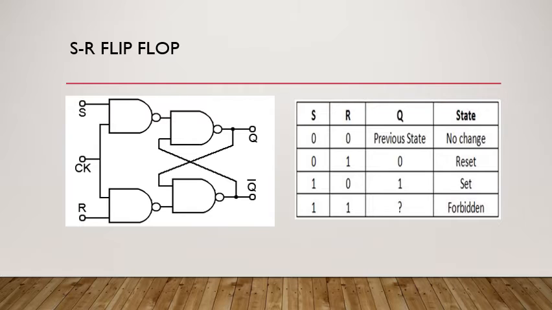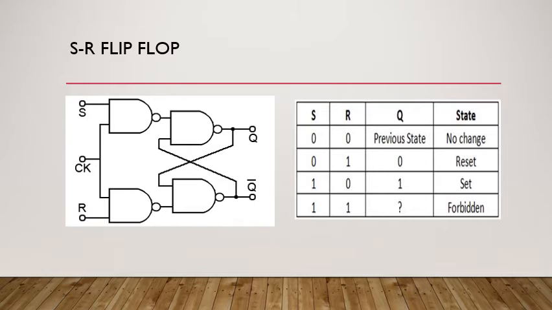Now let us see how this SR flip-flop works and generates the outputs. Now, we have a truth table. As S and R are two inputs, we have four input combinations possible. When S is 0 and R is 0, and we provide a clock signal to this circuit, then Q, that is the output, is given as the previous state. That means there is no change in the output. If Q was 0, it still remains 0. If Q was 1, it still remains 1.